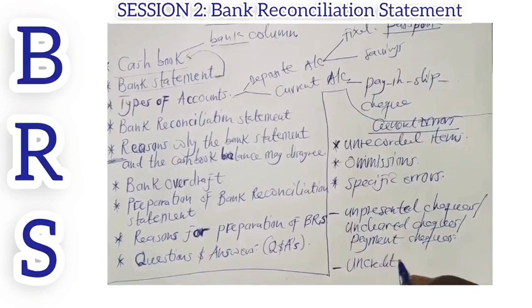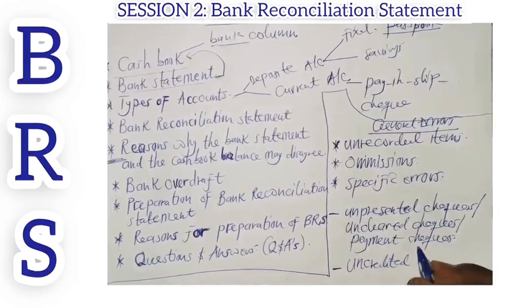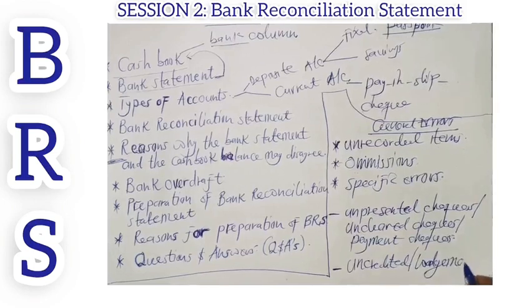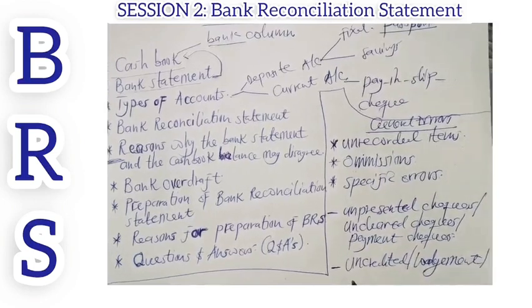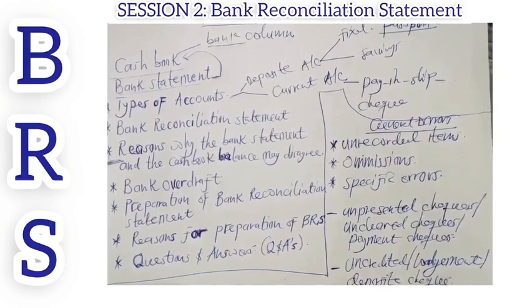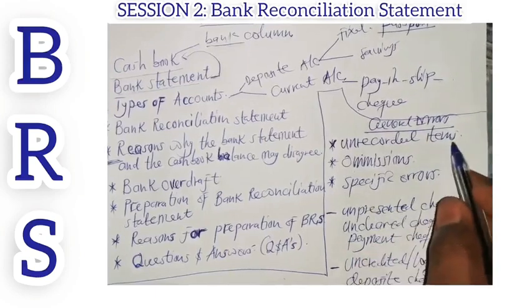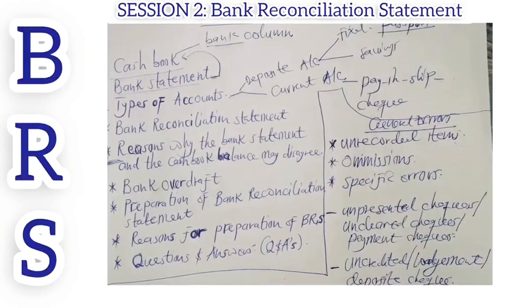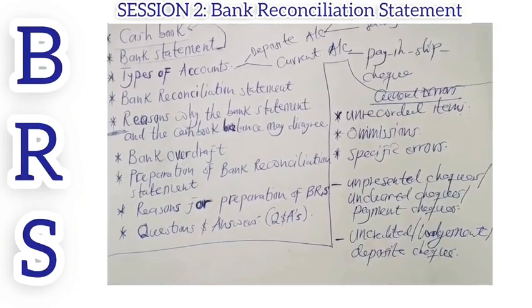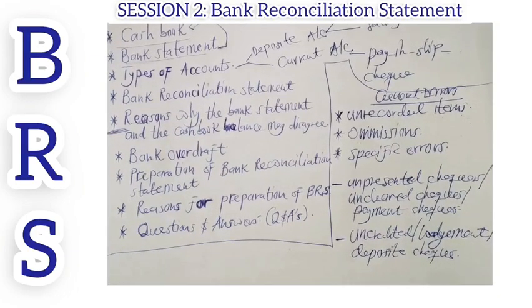Then you also have, under the unrecorded items, what we call the uncredited checks, or lodgement, or you can call it deposit. They all mean the same thing, deposit checks. And this is what I mean by the unrecorded items. We have two: unpresented checks and uncredited checks, or their alternative names. So now let's get into it. What are unpresented checks? It's basically a check that